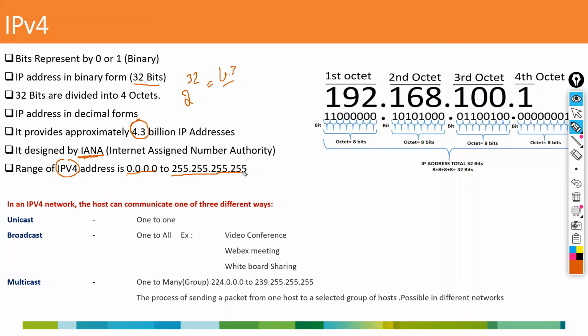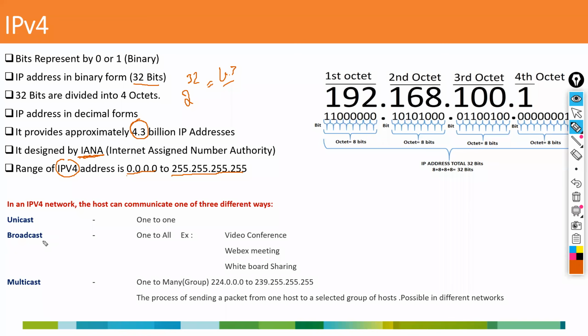Next, IPv4 provides different types of communication. There are 3 different types of communication the IPv4 address supports. One is unicast, second is broadcast, third is multicast. Unicast means one-to-one communication. Broadcast means one-to-all. The best example for broadcast is your television, radio, FM. If you tune to a particular channel, everyone can access that, right? Whatever the radio frequency or FM frequency or any television,